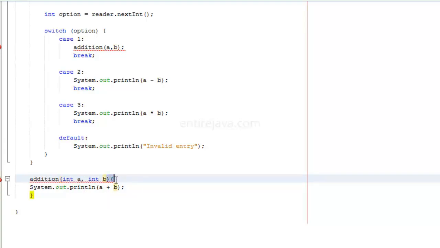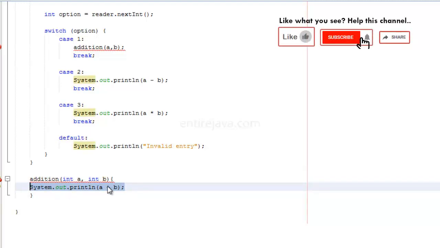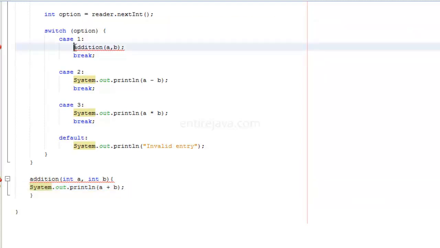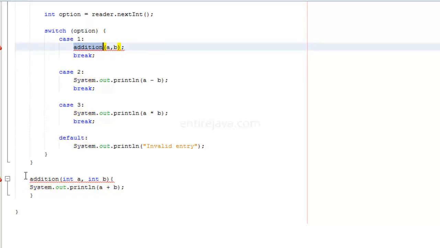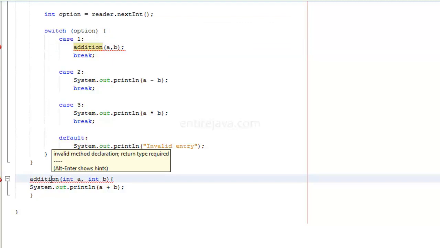Now this block of statements will be aware of these two variables a and b. We have another problem here. What's that? Whenever we execute a certain block of instructions, we're going to expect something out of it. Sometimes we don't. Here we're just doing system.out.println a plus b, and we're printing it. In this case, there is nothing that we want to give back to the block where we're calling this method from. So what we do is we say void,